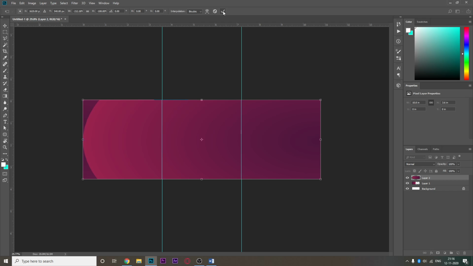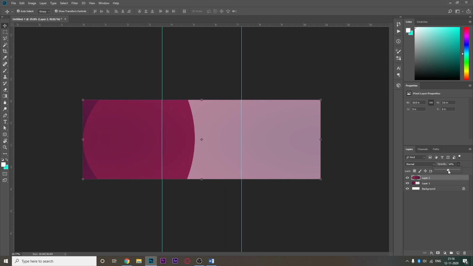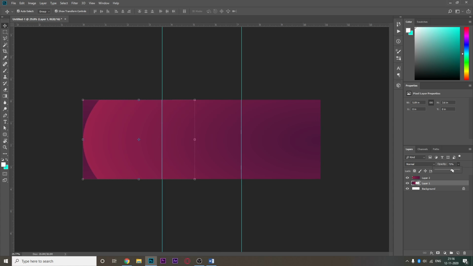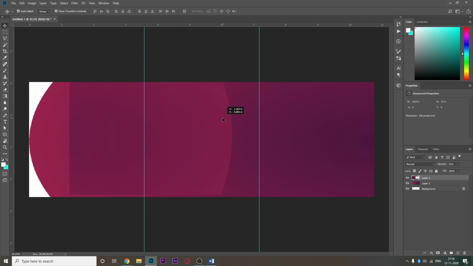Press enter, and perhaps go here, opacity. I think this should be 100, and this layer's opacity should be 50%, and this layer should be above this layer. Doesn't really work, but let me see.